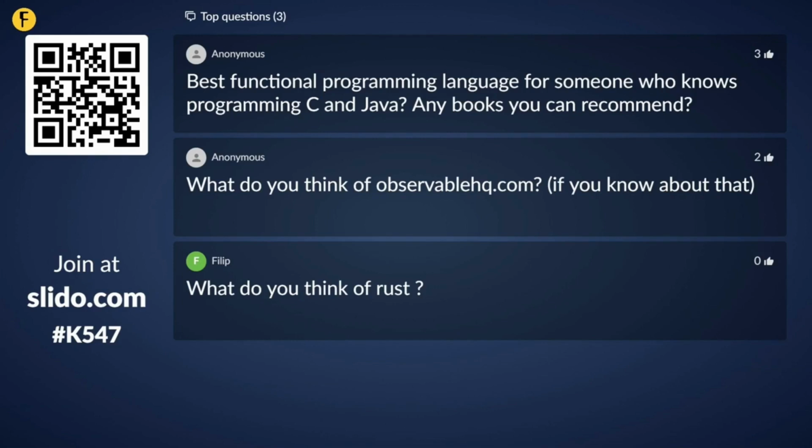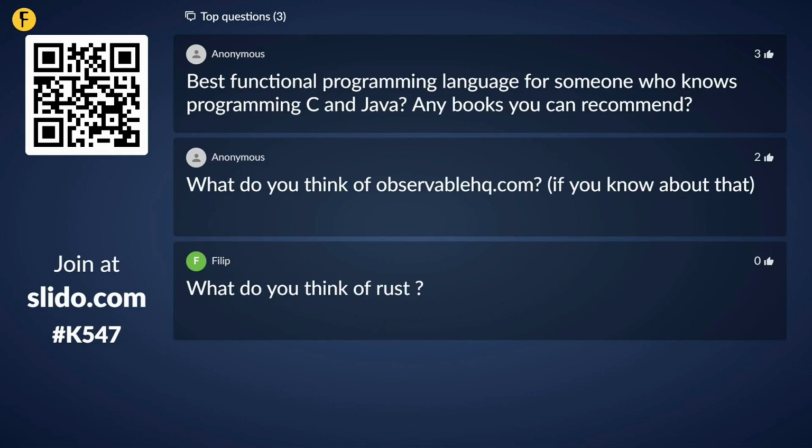The first question is, for someone who knows programming C and Java, what do you think would be the best functional programming language? Any books you can recommend? For C, well, okay. I haven't done C since I was at university. That's longer ago than I really care to admit. Java, though, I don't know, but I do know C#. So